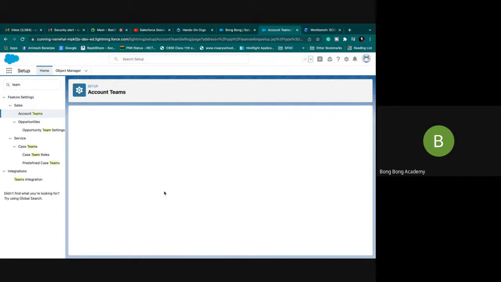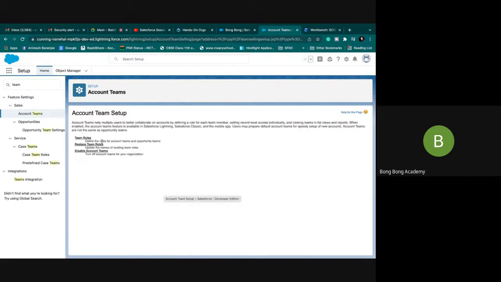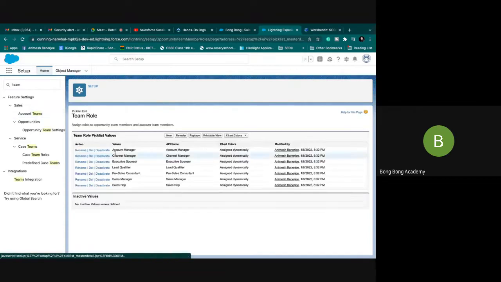So whenever I add this to all layouts, I can define my own role. This is not role hierarchy role. Please understand this. There are some default roles already that Salesforce gives us. This is the role inside your team. Okay, this is not the manager role. Role hierarchy role is different. Account team role is different. So please remember that. Account team roles do not have a hierarchy. Role hierarchy is a different thing. We'll discuss this next. So this is basically a team role. Where is it used? We'll see this. So you can add your own role also.